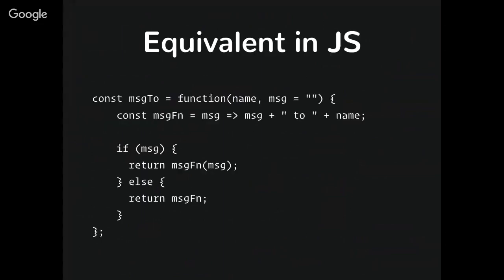The equivalent code in JavaScript would look something like this, where I declare a function, I assign that to message2. Function has a first argument, name, which we're going to call required, and then the message is going to be optional, and we'll say there's an empty string. Technically, you don't even have to do that, but for the sake of demonstrating it, message is there. So the message function takes a message, and then it concatenates message to name, just like the other one. At the bottom, we say, if there's a message, I want you to call that function I just declared. Otherwise, return the function so I can call it from the command line or wherever I'm using it from.